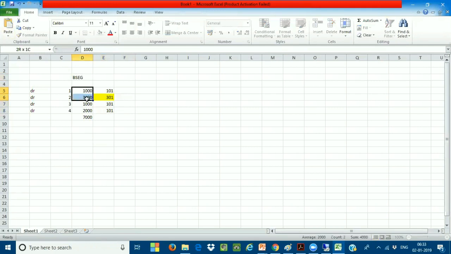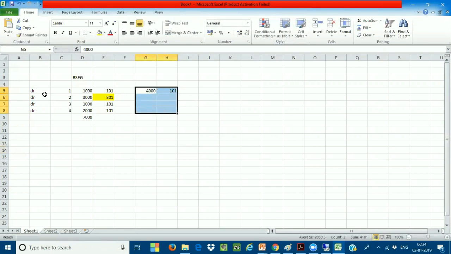All these 3 line items, I want to make into one line item. So if I do the summarization, what is happening? Line item number 1, how much amount? 1,000. Line item number 3, how much amount? 1,000. Line item number 4, how much amount? 4,000. Totally 4,000 is the consolidated amount, and I'm summarizing all the line items into one line item.